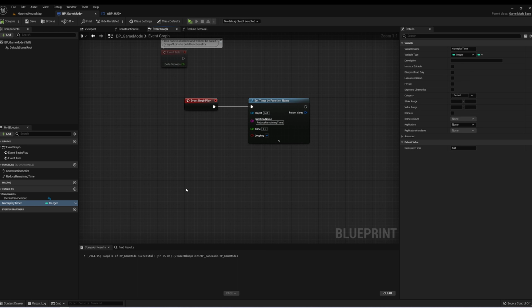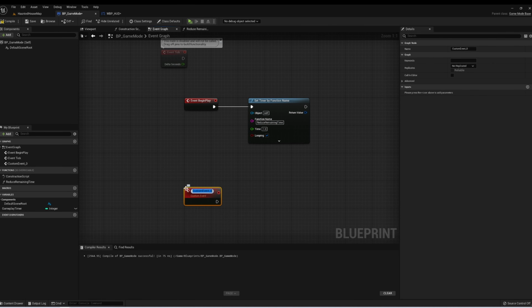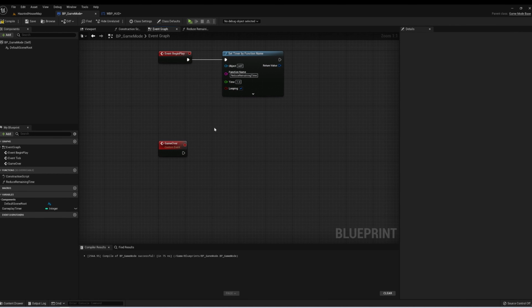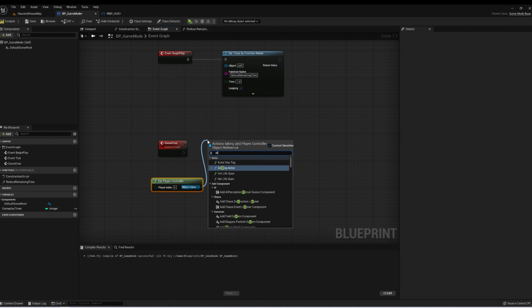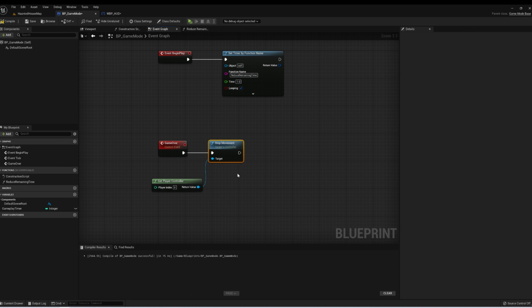So here in our game mode, let's create a new custom event, and we'll call this game over. When the game's over, we want to stop the player movement so they can no longer navigate the level, and then we'll create a widget that shows them game over. So let's start by getting our player controller, and we can say stop movement, and this will stop the current